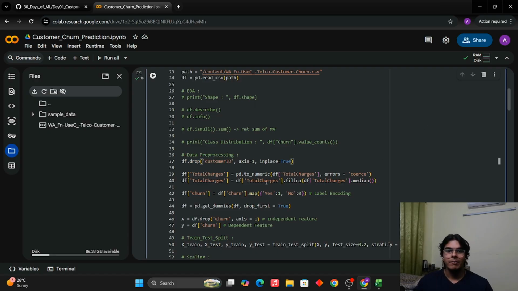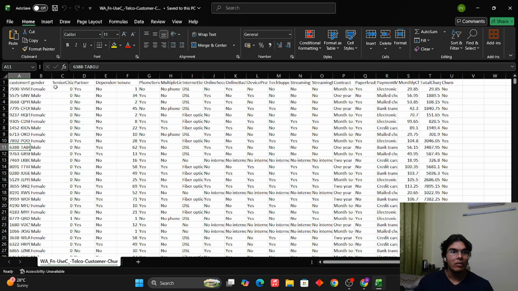Then this is again very important. This is again a trickery in the data set that these people do. I don't know why. Total charges are supposed to be an integer, right? Let me see this total charges. This is supposed to be an integer right here, like 29, 1889, but these are actually string values. You can try it out yourself, but these will actually be string values.